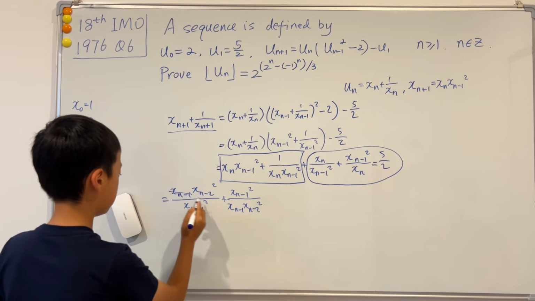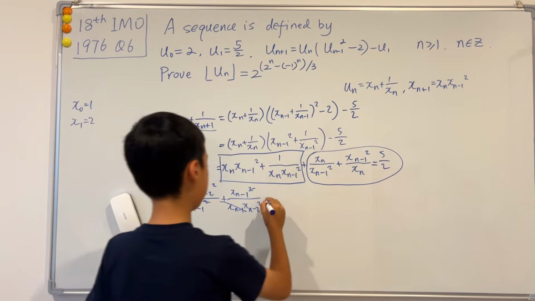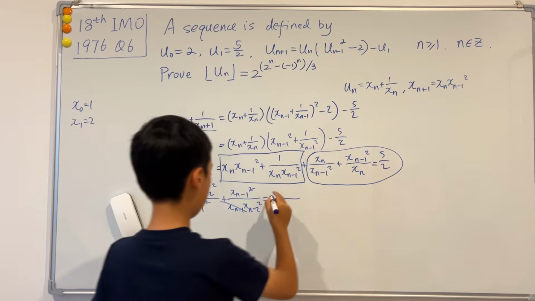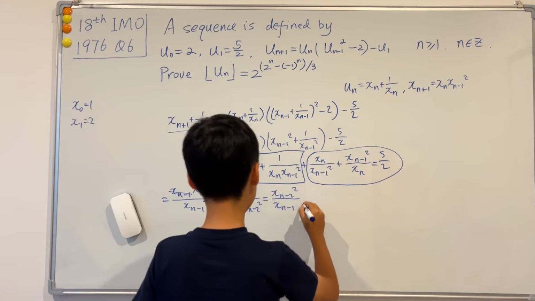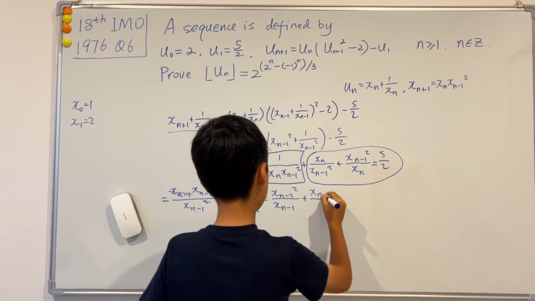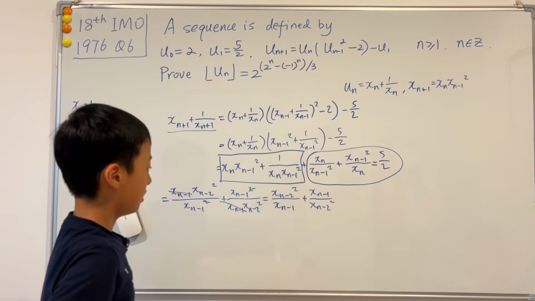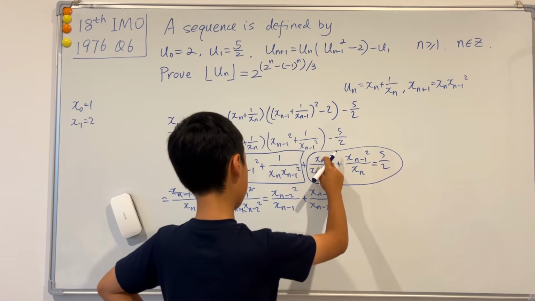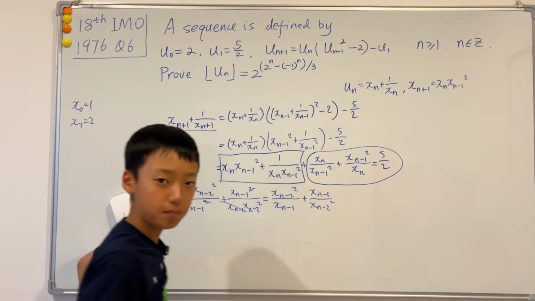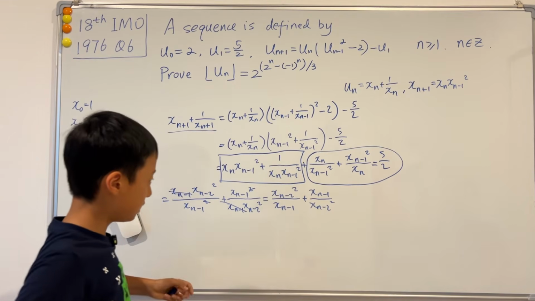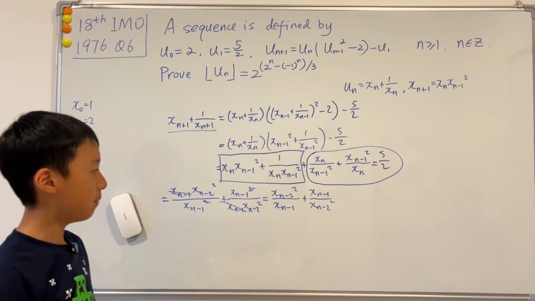And then now we can cancel. So what we have left is, on the top, xn minus 2 squared over xn minus 1, add xn minus 1 over xn minus 2 squared. Okay, so we see that the original was xn with xn minus 1. But now we have xn minus 1 and xn minus 2. So we basically reduced the index. So if we can reduce the index by 1 each and every